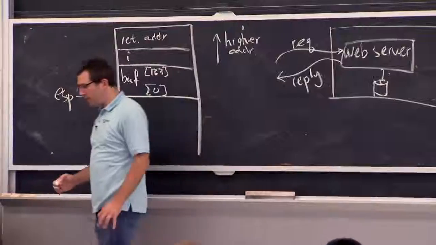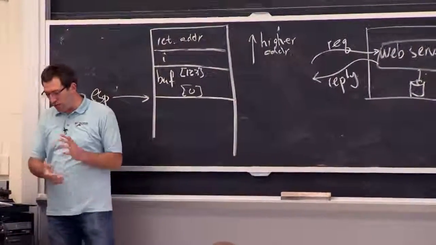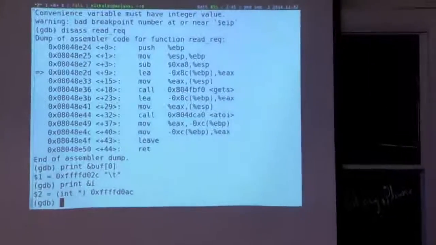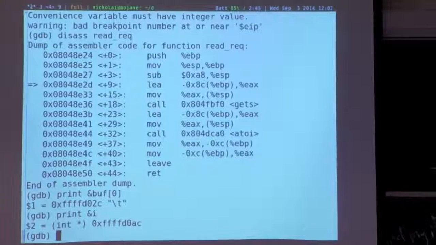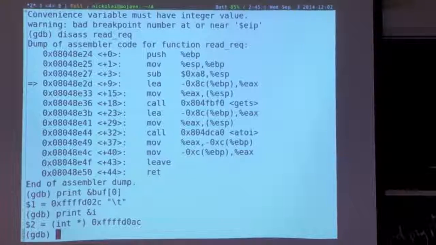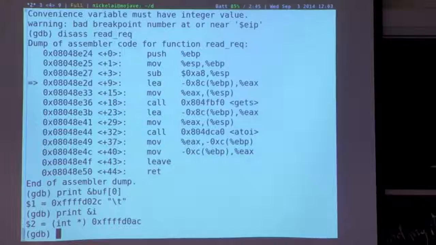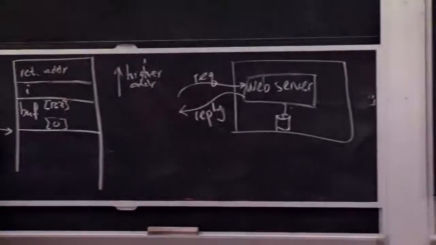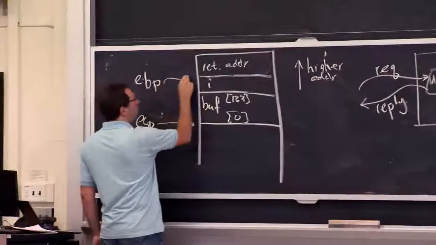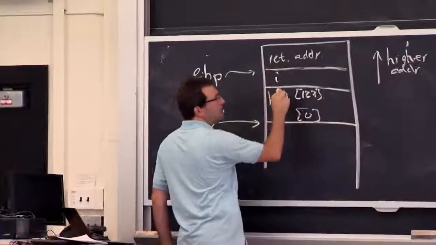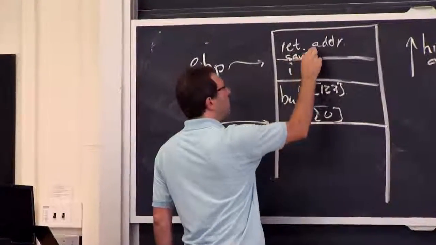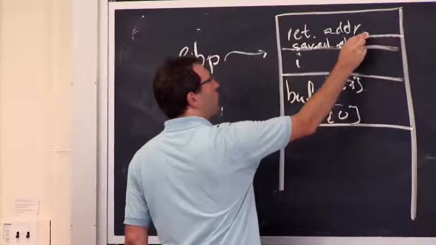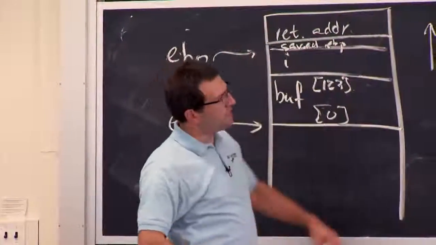OK, well, let's see what happens now if we provide that input that seemed to be crashing it before. So I guess one thing we can do before this is to see whether we can find this return address. Where it actually happens to live is at the EBP pointer. This is just a convenient thing in the x86 calling convention, that the EBP register happens to point to something on the stack, which is going to be called the saved EBP. It's a separate location, sort of after all the variables, but before the return address. And this is the thing that's being saved by those first couple of instructions at the top.